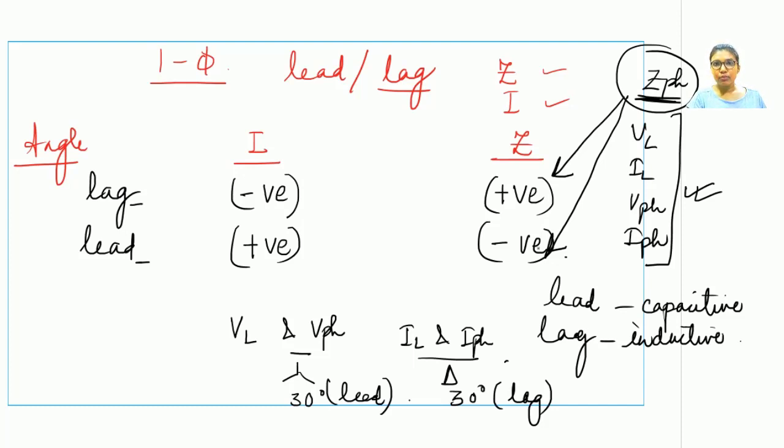And the numericals that we will be solving over here would comprise of a balanced system. By balanced system, it means the values of the voltages across all the phases on the source side are same, and all the numericals will be based on balanced load, which means this Z phase for all the phases would be same. So let us now start solving with our first numerical.